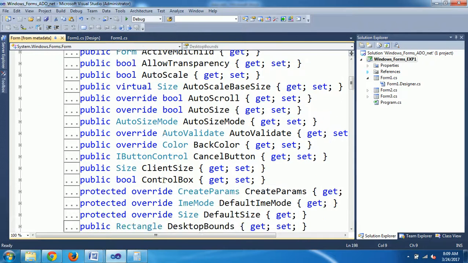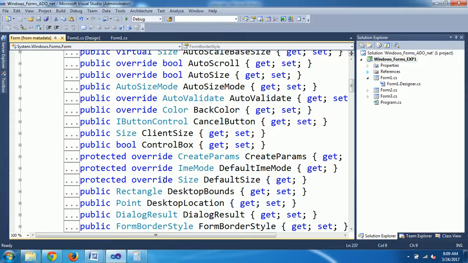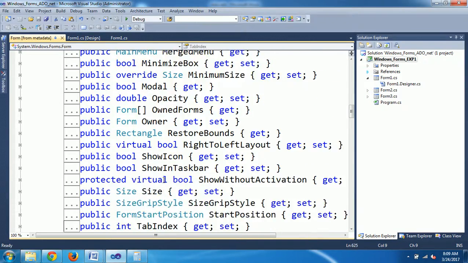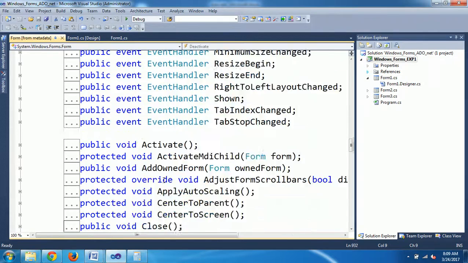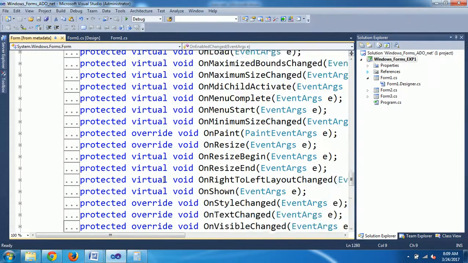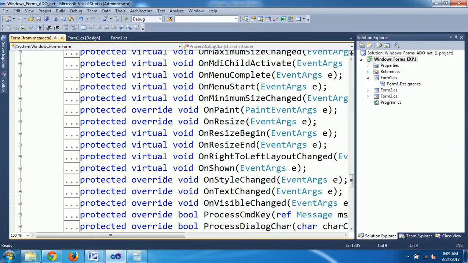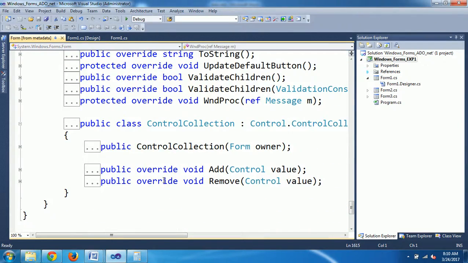See here, you can see a number of objects. These are the labels, text boxes, tab controls, different events. Whatever we are going to do, each and every thing is related to this part, Form. That's why we are able to access it. Now see,